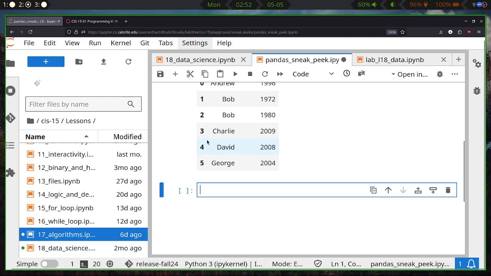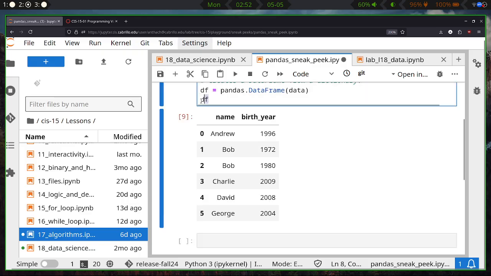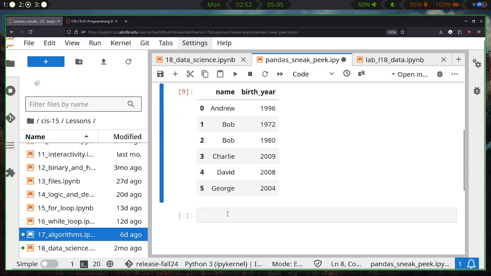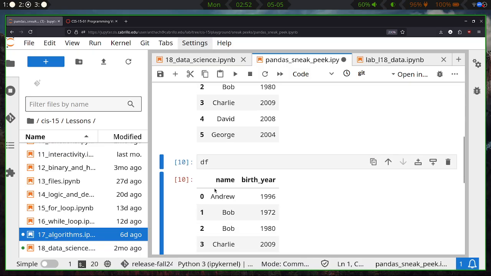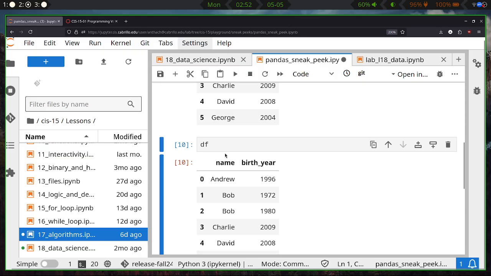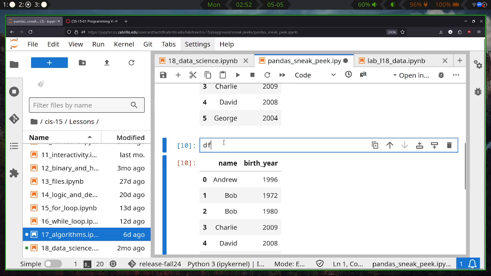All right, let's learn how to navigate this. So this data frame is called df. That's how we stored it. I'm going to start simple: df. The Jupyter Notebook will just show this result. The cool thing about these data frames is you can think of it as a data structure of dictionaries,